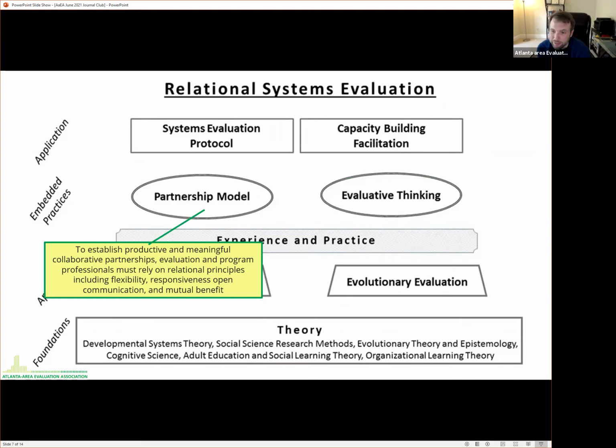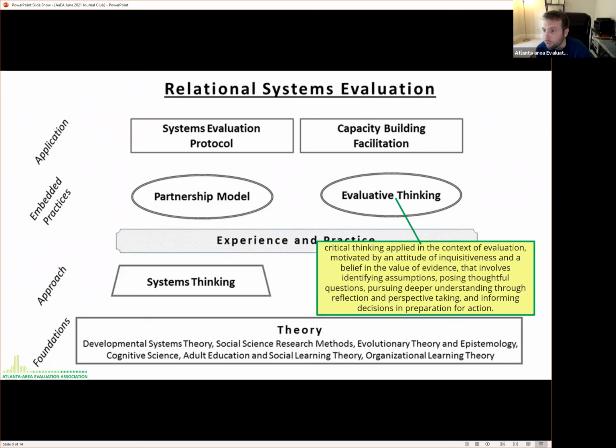The embedded practices. From reading the article, you can probably tell that it's very focused on the partnership model, where the authors advocate strongly for establishing productive and meaningful collaborative partnerships. Evaluation and program professionals must rely on relational principles, including flexibility, responsiveness, open communication, and mutual benefit. I find that this is fairly common. I'm going to say it's always included in any evaluation approach. But here, they're really mixing it up well by